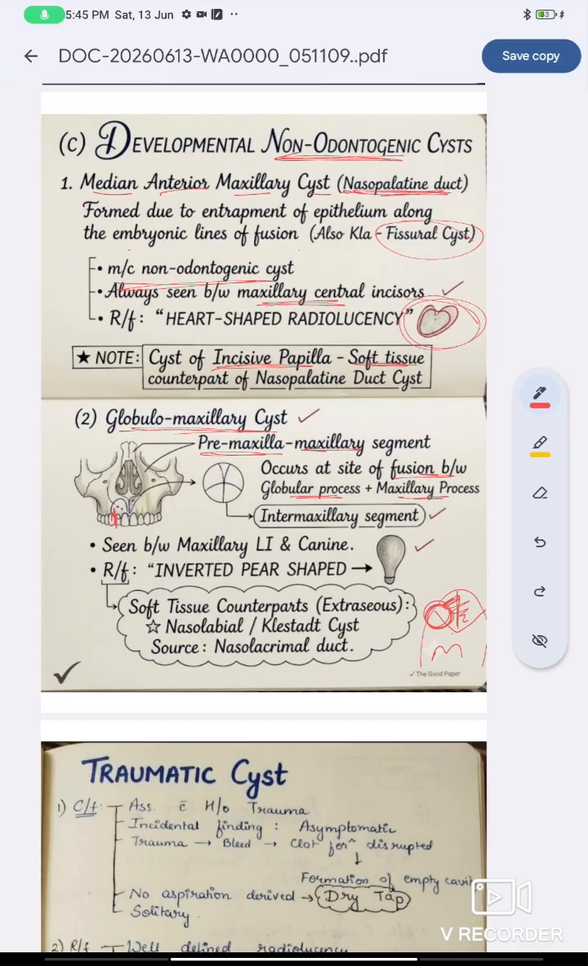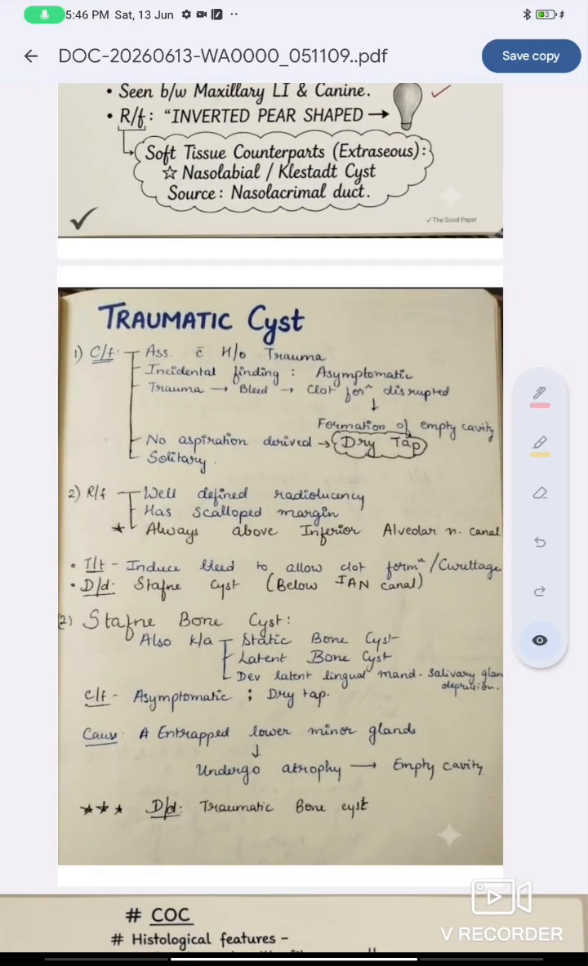It has an inverted pear-shaped or light bulb-shaped appearance radiographically. Its soft tissue counterpart is the nasolabial cyst. Nasolabial cyst is derived from the nasolacrimal duct. It does not have any radiographic feature except for bone saucerization. The bone, because of pressure, forms a saucer-like shape. Moving further,